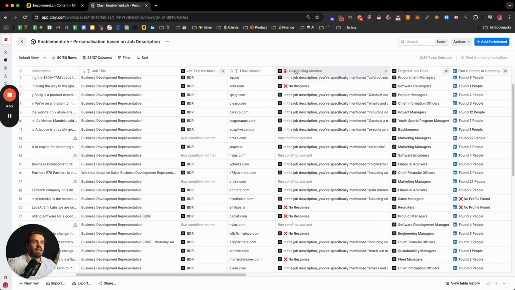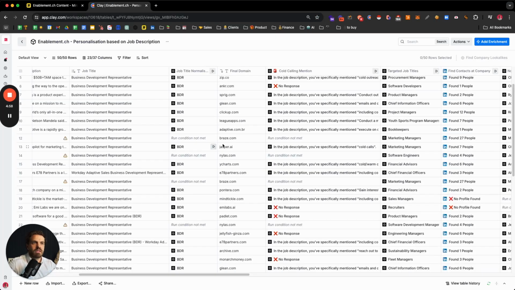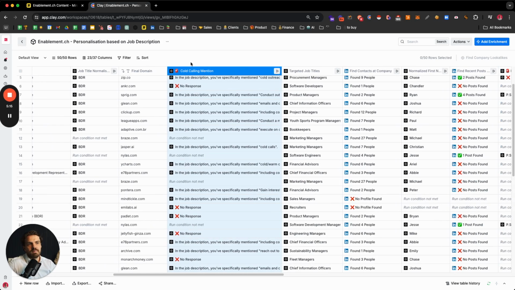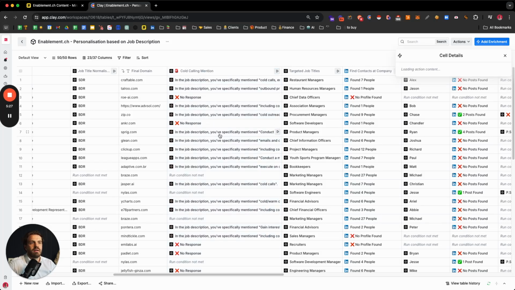And then we need the snippet, the second part here, right, like the cold calling mention. Here you can see there's an alarm button. That just means, hey, this needs to be adjusted if you want to use it for yourself, because the prompt here says, find mentions of cold calling. Obviously, if you have a different value proposition, please adjust. Now there are instances where there's just no mention of cold calling, so there's no response. So this is technically empty. How are we going to solve for that and still reach out to those people? I'll show you in a minute.